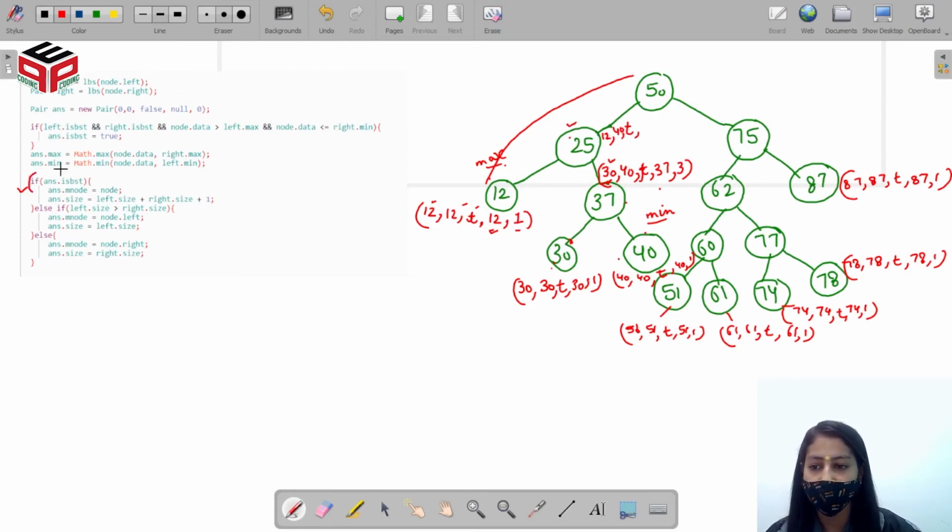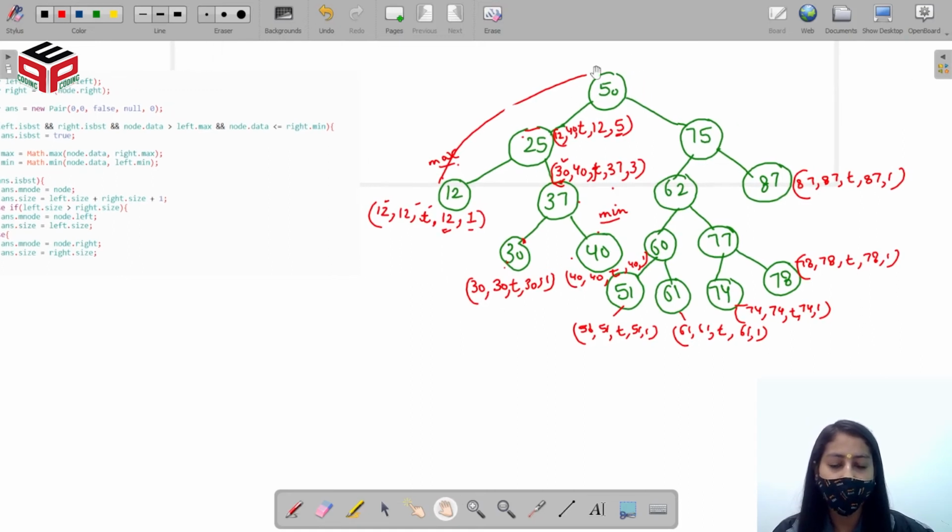Now 25 is a BST. Here it will check if 25 is BST. So 25 is a BST, so it will be larger than all its subtree, that is the left and the right subtree. So the maximum node is set to 12, and the size of this will be the size of left, that is 1, plus the size of right, that is 3, plus 1. So the size of this will be 1. Now this size is representing the size of the largest BST subtree up till now, right? So up till 25, the largest BST subtree has a size of 5, and 12 is representing the largest BST subtree up till now, up till 25, right?